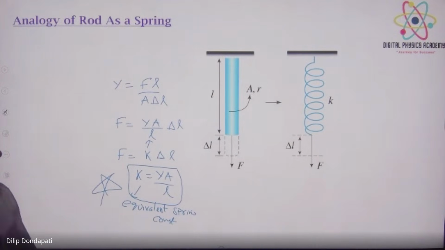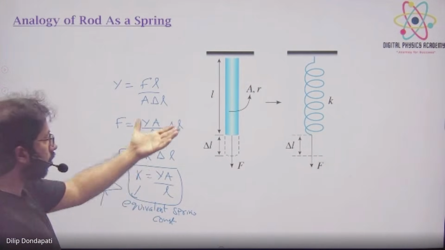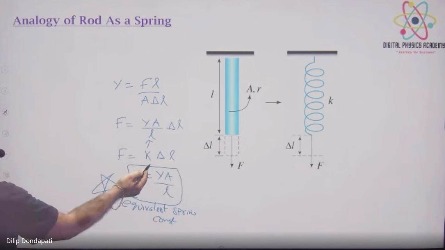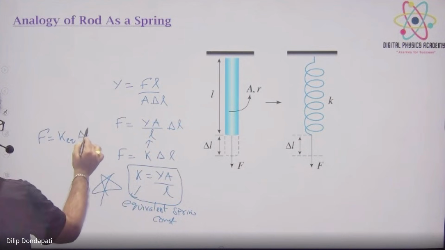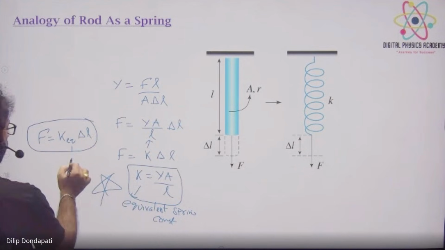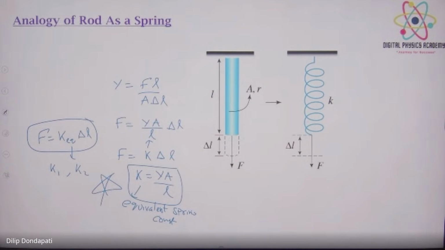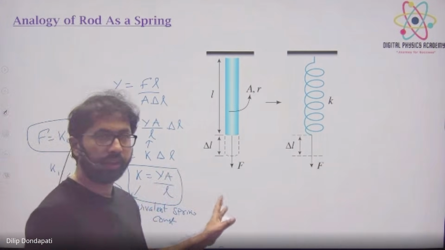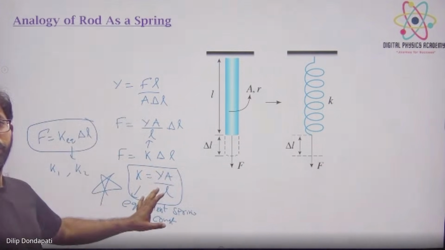So whenever they're more than two springs, series parallel, K के जगह पे K equivalent यूज करना पड़ेगा, F equal to K equivalent times of delta L. और K1 K2 सेपरेटली फाइंड करो, और अगर series है तो कंबाइन करो, पहले तो उसका कॉम्बिनेशन यूज करके सॉल्व करने का, राइट। तो फॉर्मूला आ गया, YA/L यूज करना पड़ेगा, YA/L।